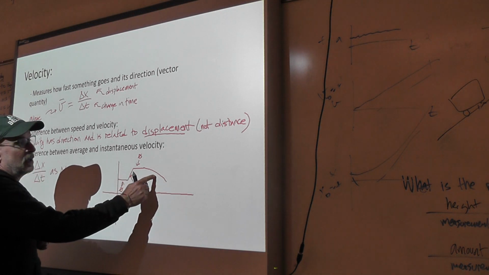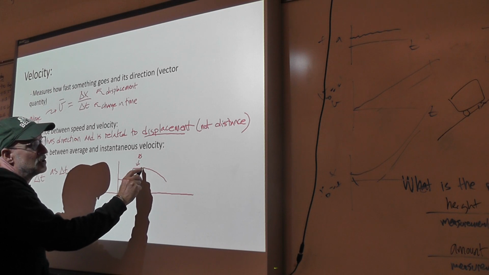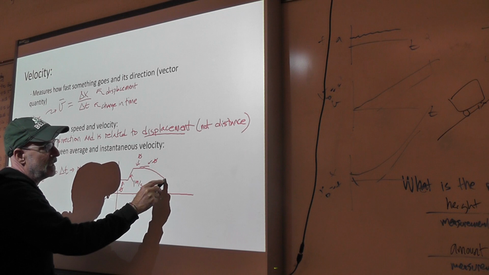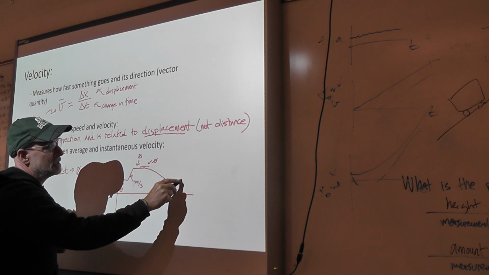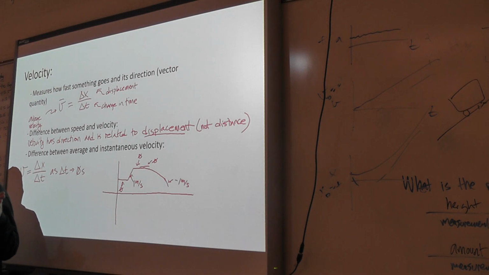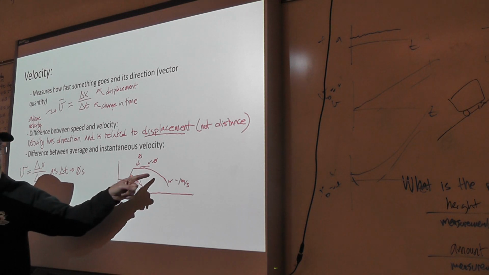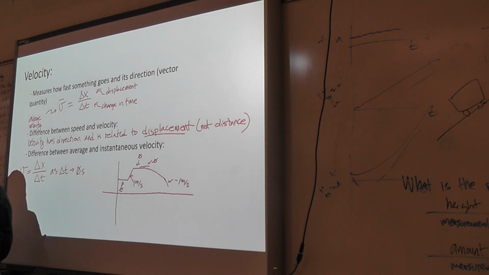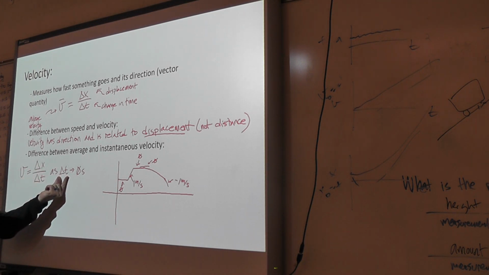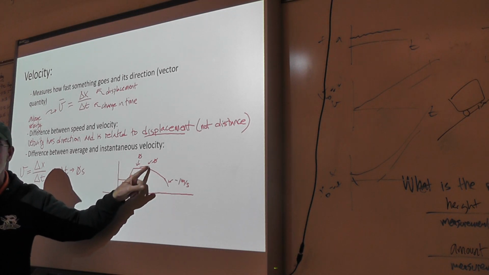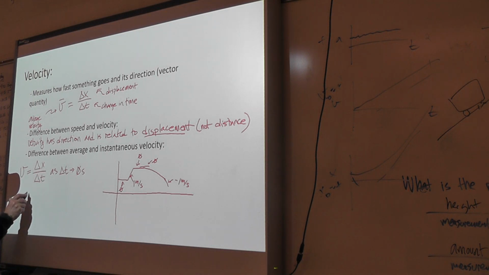Here, it's a little trickier because the slope here is changing. It starts off at 0, and as we talked about, it ends with a velocity of -1 meters per second. So how do you find the instantaneous velocity at any one of these points? You use the tangent. And what the tangent does is essentially take our time period and make it smaller and smaller and smaller. So I'm going to zoom in on this right here and just show you what that would look like. So if this is my curve,